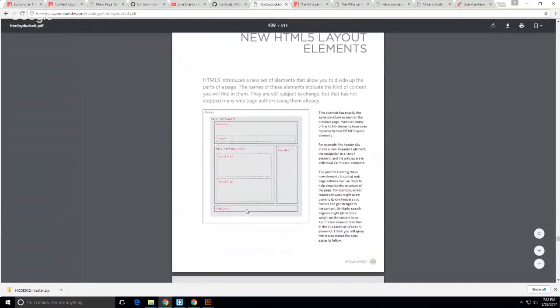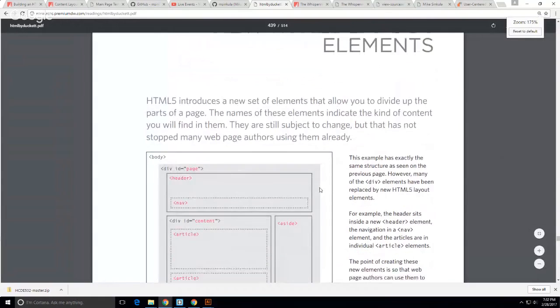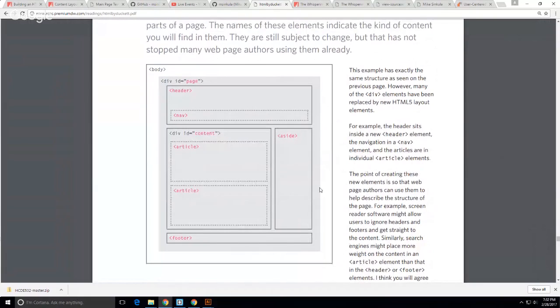There it is. All right, took me a little long. I disagree with this drawing here. Okay. Here's why I disagree with that, because